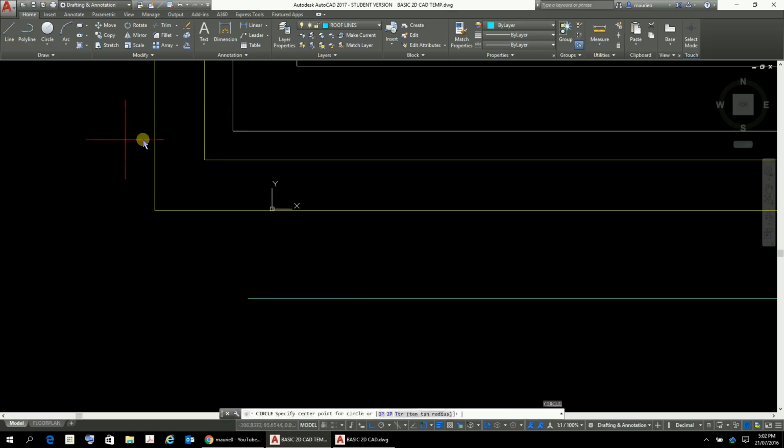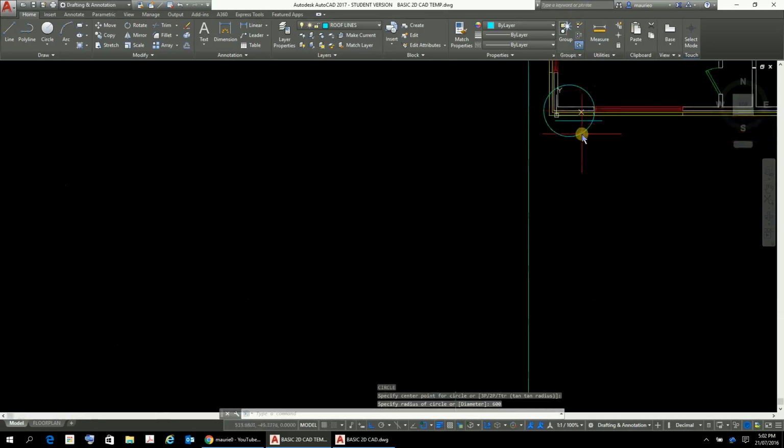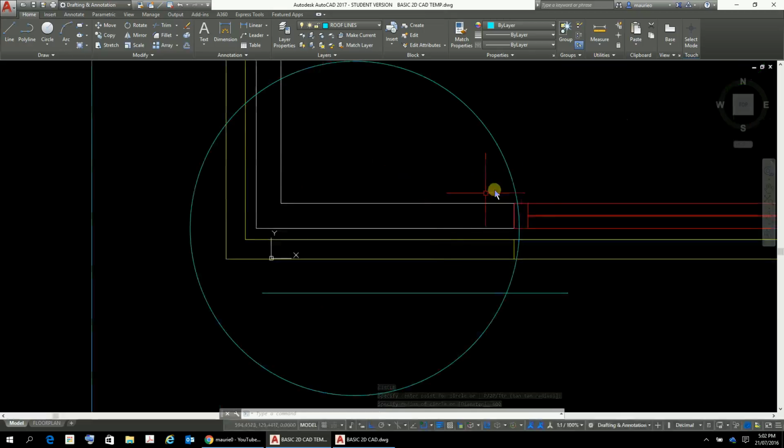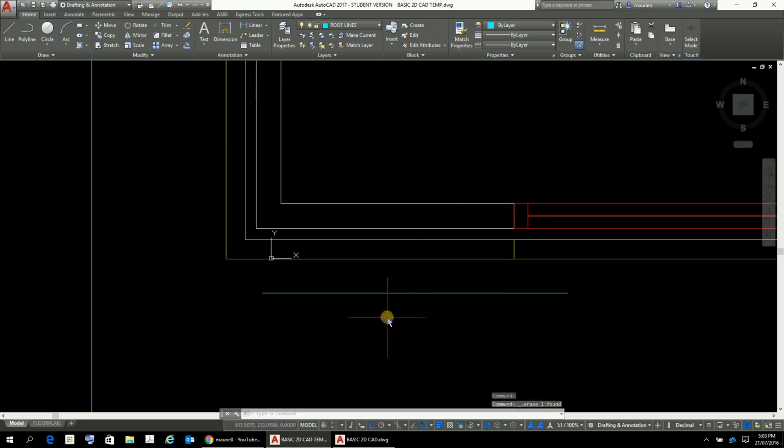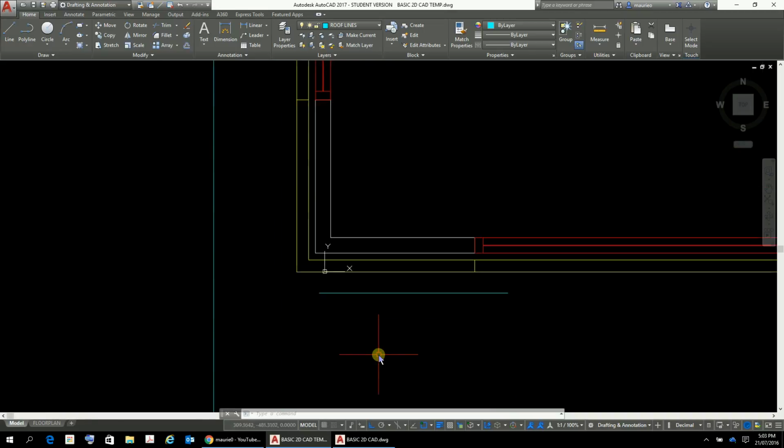I'll just do a little circle in here. Circle, enter, 600 radius. Things are not going according to plan here. Delete, I don't know what's going on there. I'm pretty sure